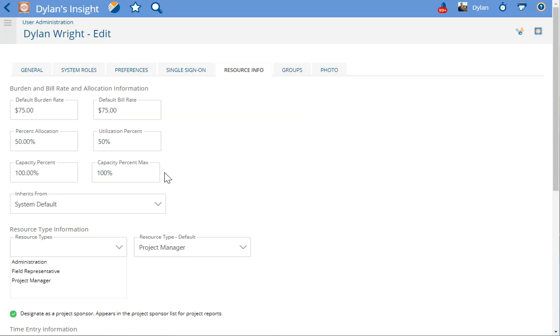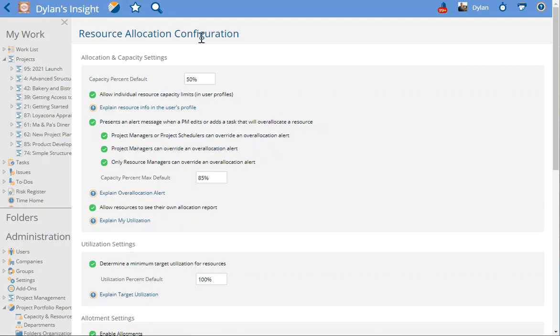The alert, which you'll see in a moment, occurs in the scheduling interface and also sends an email notification when exceeded. You'll note that if I put a percent in my profile here, that is the percent that takes precedence in Project Insight's calculations. If I do not have a percent in my profile, then Project Insight is going to look in my resource allocation configuration add-on, and if I have this box checked, which presents an alert message when a PM edits or adds a task that overallocates a resource,